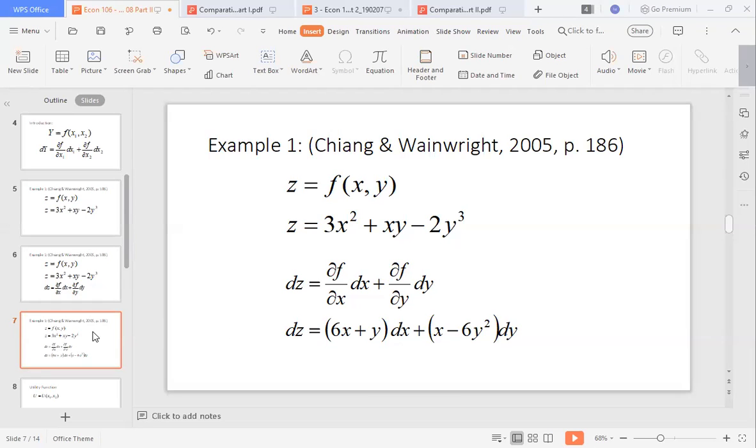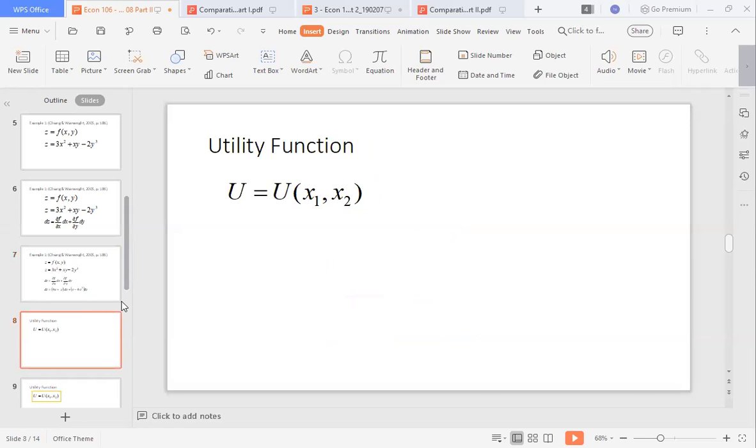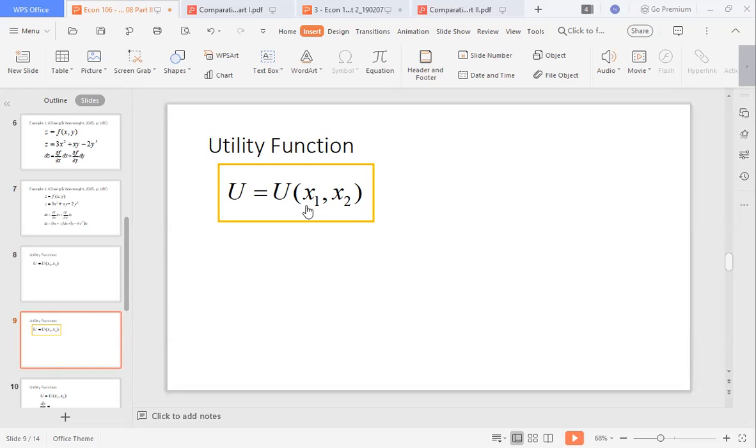Okay, so let's talk about your utility function class, as one of the applications for total differentials. So when you have this utility function, you know that you can get utility from a combination of these two goods, x sub 1 and x sub 2. Now, in consumer theory, class, we are concerned of two things. The first one is the combination of these two goods that maximizes the utility of an individual, and the second one is that if we